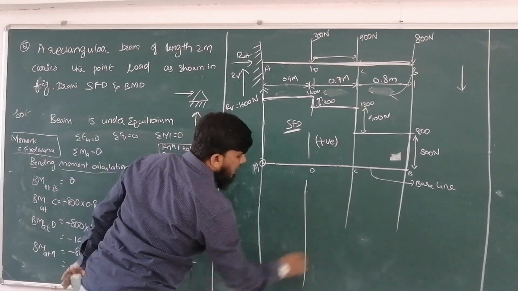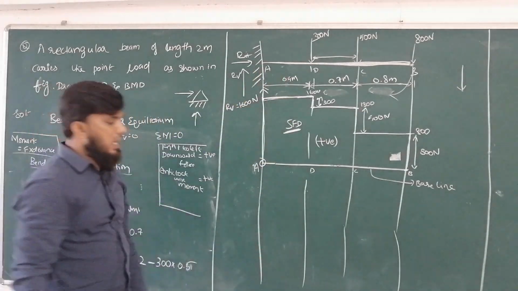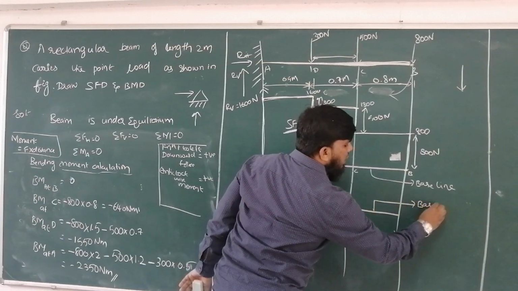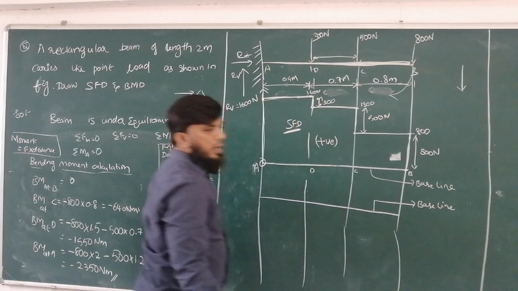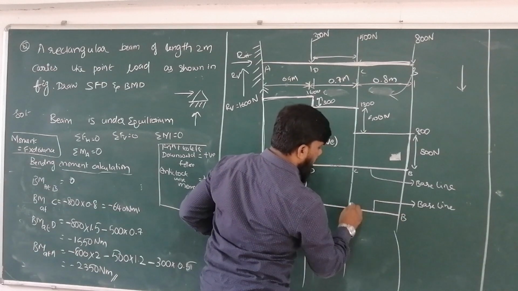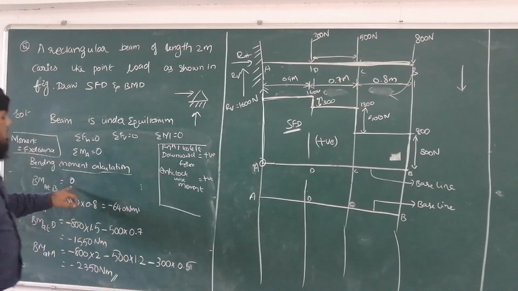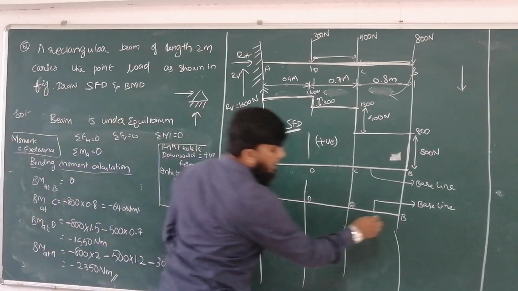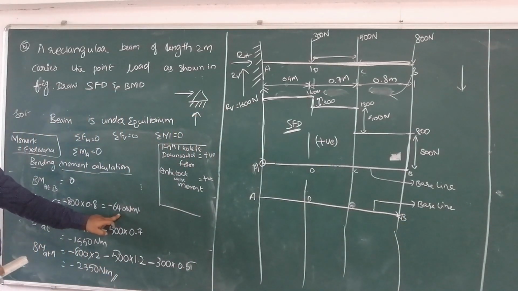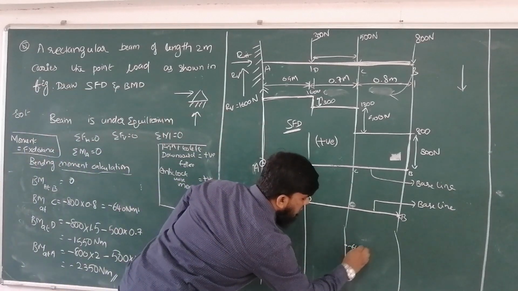This diagram page should be kept separately and the lines should be extended. Wherever the load is acting, we should extend that line. Let us take this as your baseline. Baseline is nothing but the zero line. Now the first point: what is the moment at point B? From the calculation, the bending moment at point B is 0. So I will highlight 0 here. The next thing is the bending moment at point C is minus 640. Minus means downside.